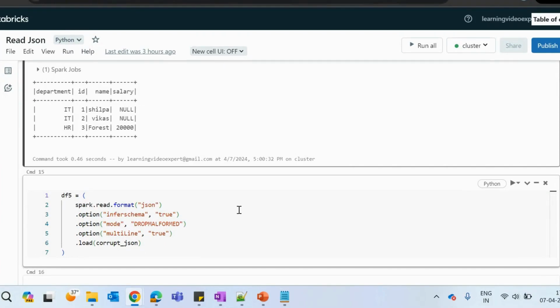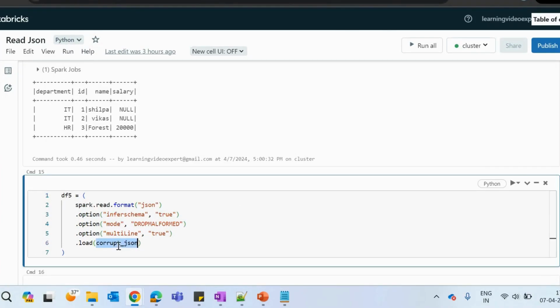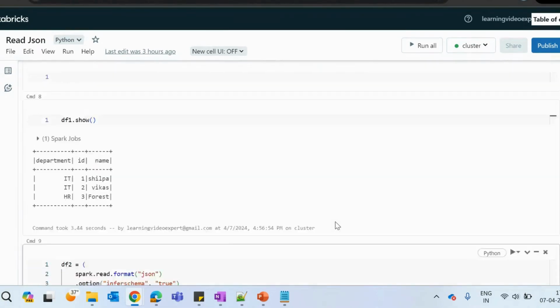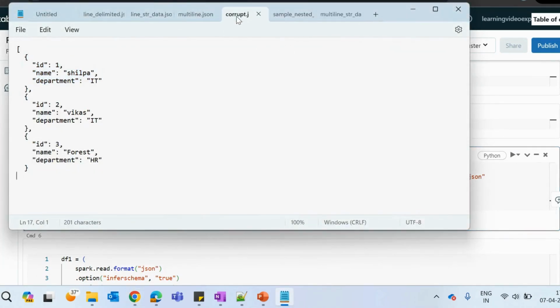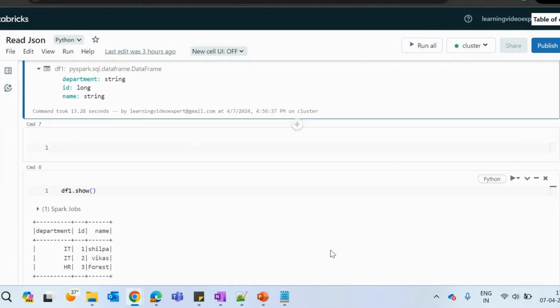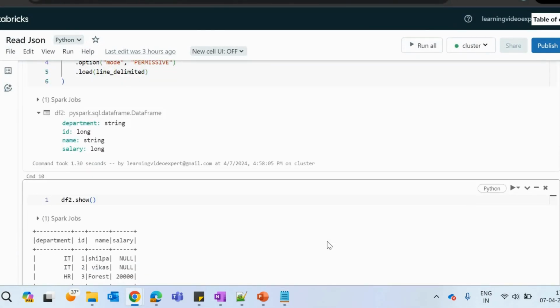Okay. Now, let's say I have a corrupt record. Then I want to remove that record, right? So in this corrupt JSON file, I have this corrupt.json. This file doesn't have a bracket. I have removed a curly brace and the list also. So in this, I don't have a complete syntax of my JSON, and therefore it will throw me an error.